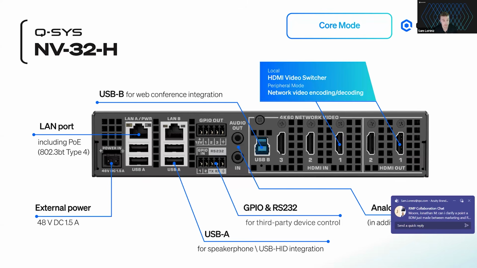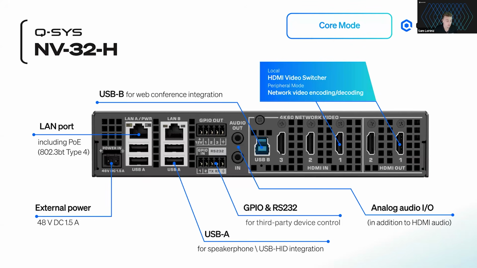Any needs like that that's native to Q-SYS. And then LAN B is there also if you wanted to run a separate network, let's say for your monitoring for a corporate network or for the facilities network, you're able to run those side by side on separate networks. The LAN A port is PoE, but that is